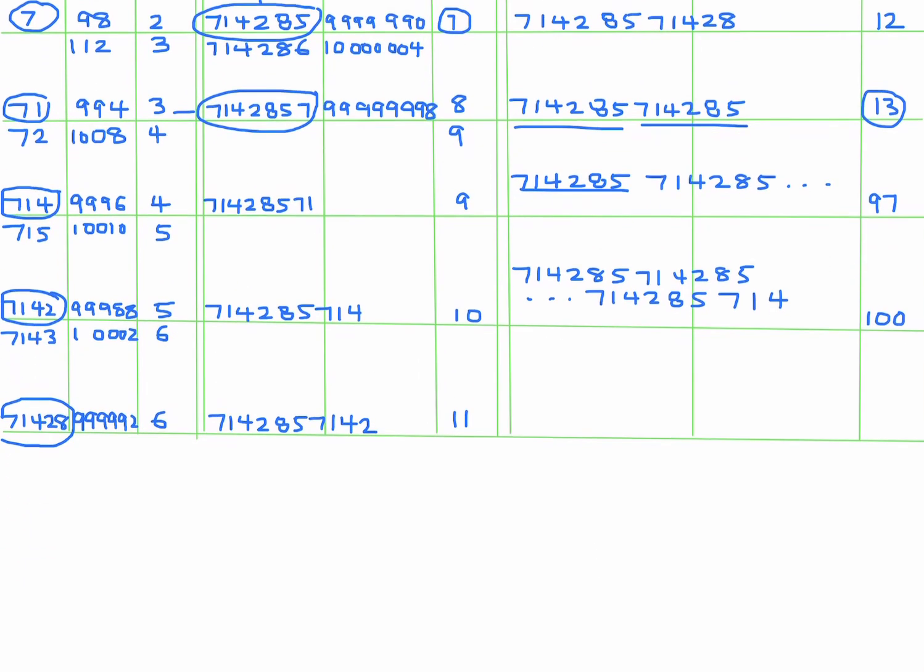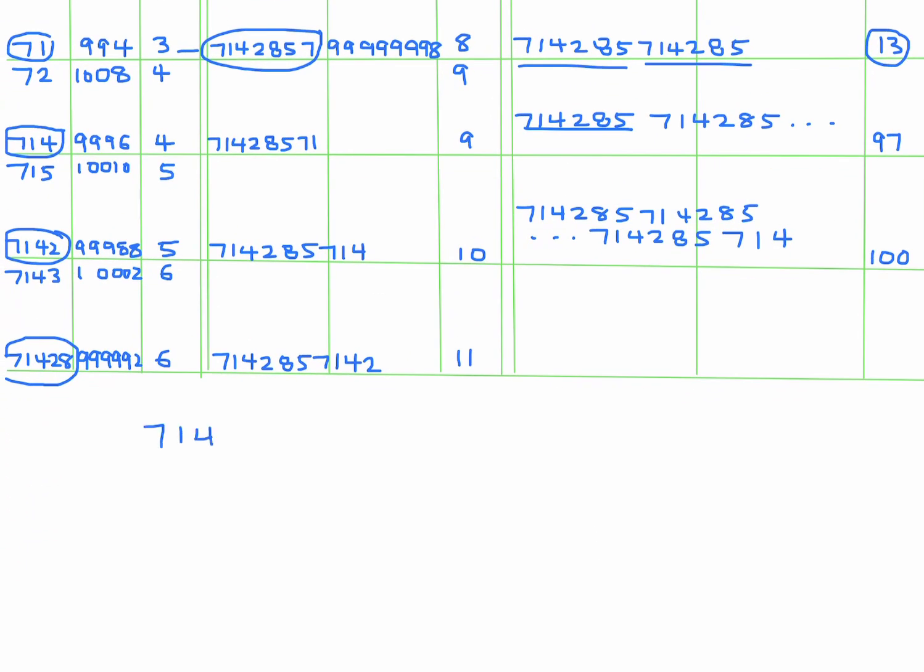Well, that shouldn't be too big of a deal. Let's write this out. 7142855. And of course, it just repeats itself 16 times. 7142855, 7142855, and then 714, right? So that's the number. Now we have to count from right to left. So we're going that direction. And we have to figure out the 68th number. Okay, well, this is the first one, second one, third one, fourth, 5th, 6th, 7th, 8th, 9th, 10th, 11th, 12th,